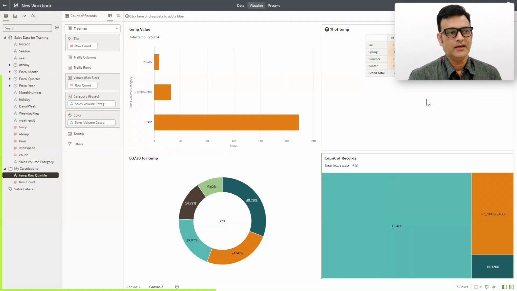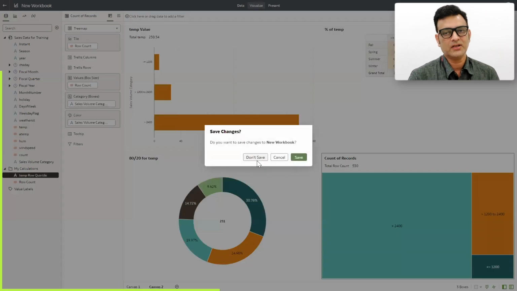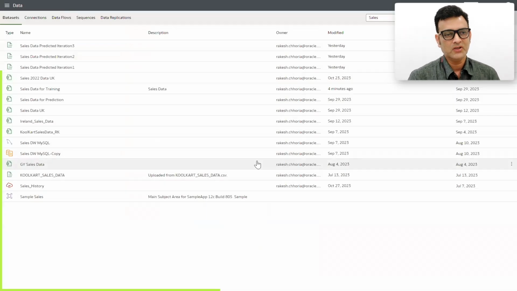So next key feature that I would like to talk about is how easily you can build a machine learning model. Okay. So now let's use this sales data itself to build a machine learning model. Typically what we do is when we have historical data of sales, we usually divide it into two parts. One is sales data for training and the other is for, say, prediction. You want to use it to predict. Now in our case, what we do is for training data, usually you take a representative sample. Okay. So in my case, I have the sales data for training here.